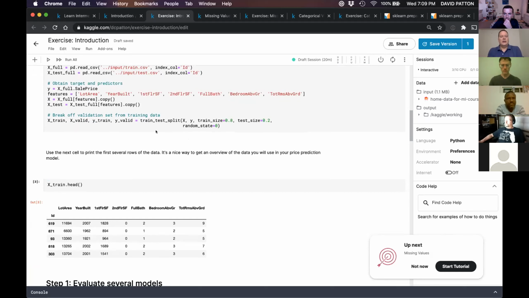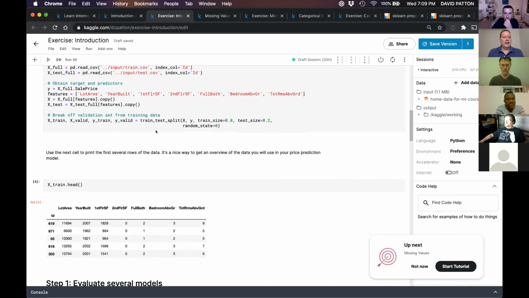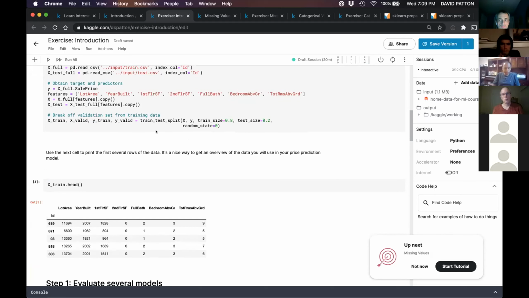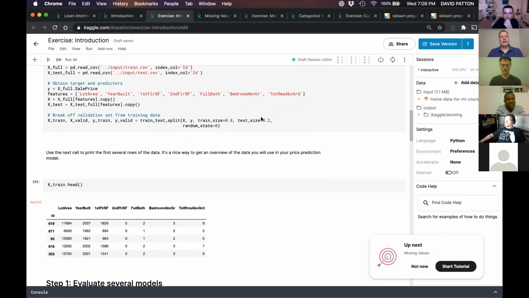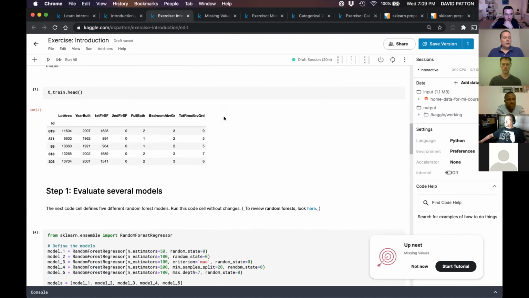I think last time we touched on how to use sklearn's train test split to create our training and our validation data. Here we're setting aside 80% of the data in X, which is our training data. We're going to use 80% for training and 20% for validation. We're going to take a look at the data that we've got out of the data set. In this case, it's all numerical, which makes it nice and easy to work with.